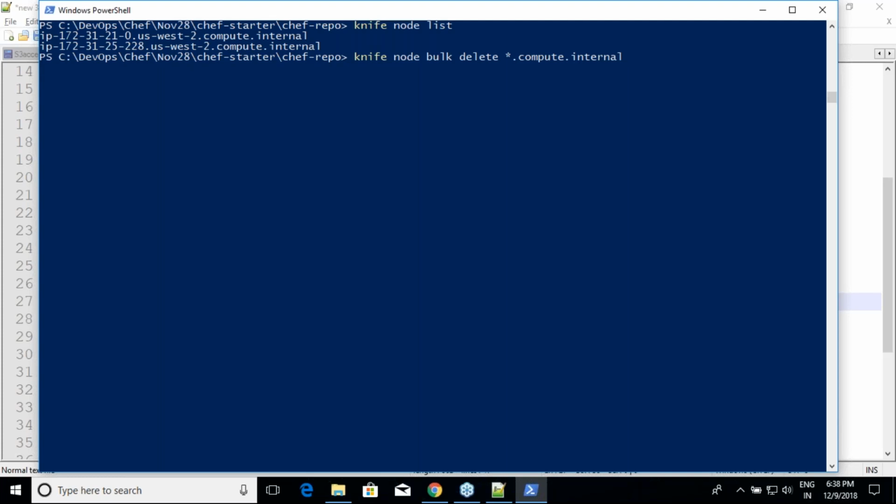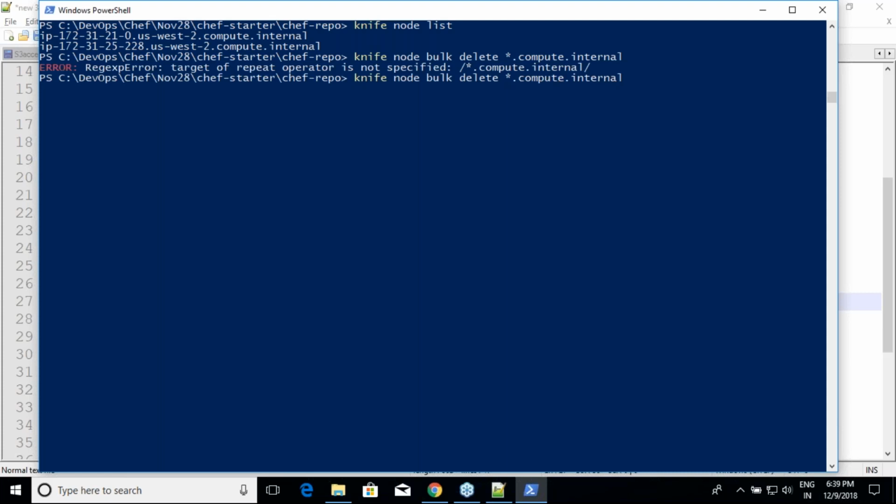Knife node delete and then give the individual name of the node. Okay. It's saying that it is not specified.